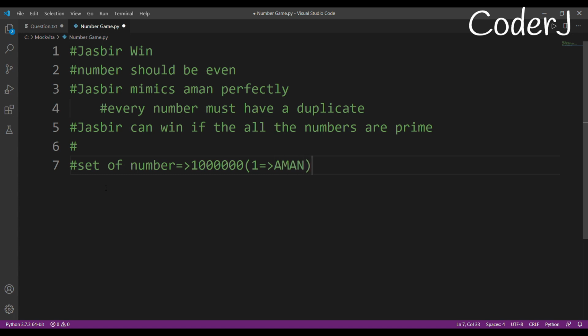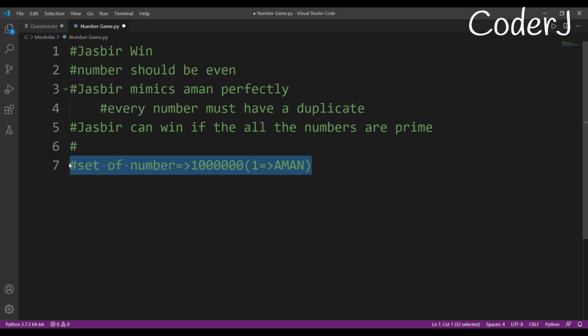Why? Because Aman is making the first move. Aman is deciding the flow of the game. Aman has the deciding factor in his hand. Jasbir can only follow Aman. Both of them are equally smart. If Jasbir was smarter than Aman, things would have been different. But Aman and Jasbir are both the best. Both are sons of Einstein. So that is why, if there is even a single possibility that Aman can win, Aman will win.